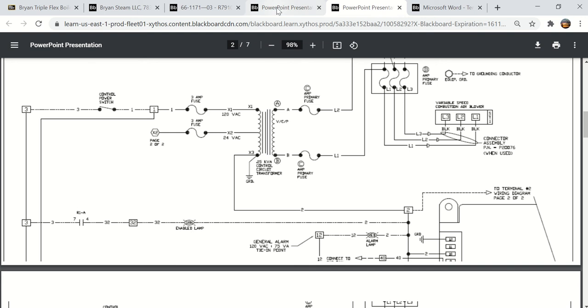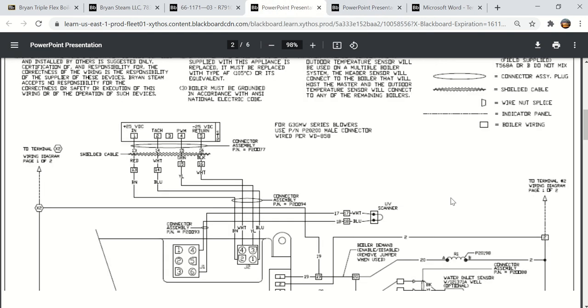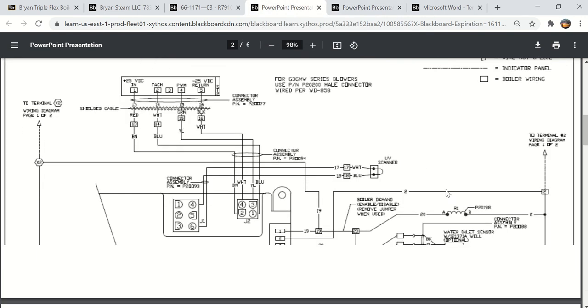Well, for that we have to go back to page number 2, and you look over here, coming off of the drawing of the Honeywell solar controller off the right hand side here, you'll see here is the relay R1. Here is the 24 volt neutral. Remember, it came from page number 1, terminal number 2. So here's our 24 volt common. Here is our 24 volt power